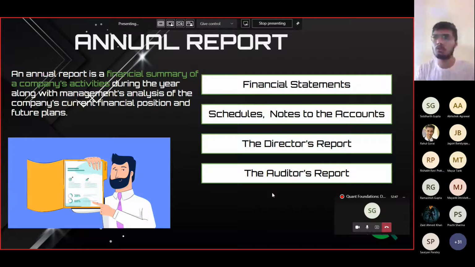Then we'll talk about the auditor's report. The auditor's report is basically the first part where a company has written about its own financial health, economic health and future prospects, and management. But now the auditor also has a role in it. The auditor is basically a representative of all shareholders, including us who are investing in it. So the auditor tells the truth about whatever the company has told about itself in the annual report. It gives a summary and says how much of it is true, and all that is written in the auditor's report. That's why the auditor's report is important.